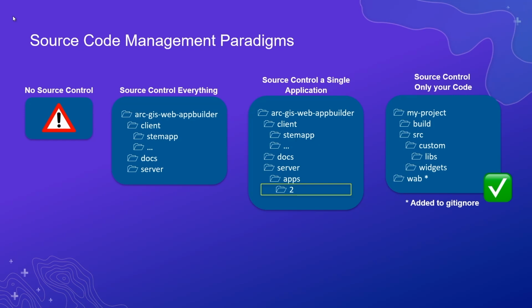If you've created an application using the WYSIWYG editor, if you look in the server folder under the apps folder, you'll see numeric folders in there that increment for each application that you create. So when you go into Web AppBuilder and you say, export this application, it's basically zipping up that folder and giving that back to you. It's that folder that we see a lot of people will take and put all of it in source code